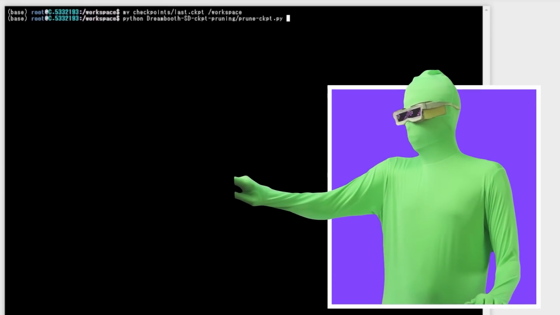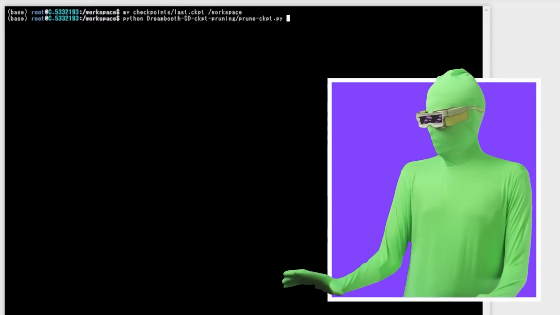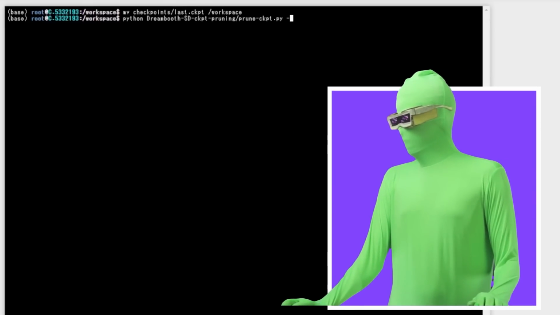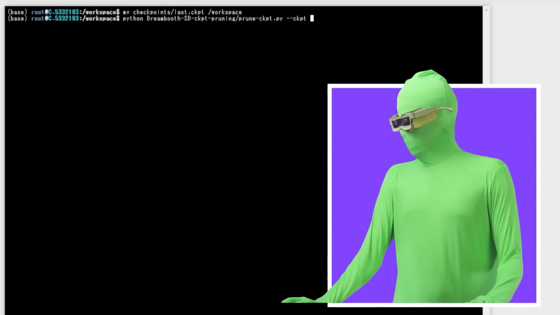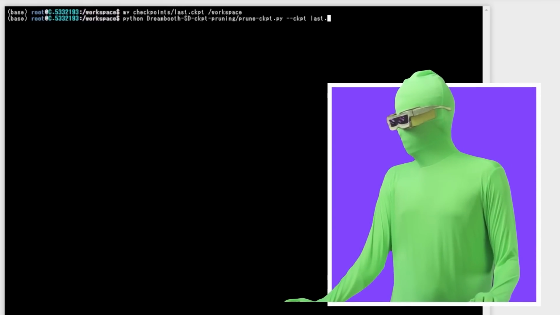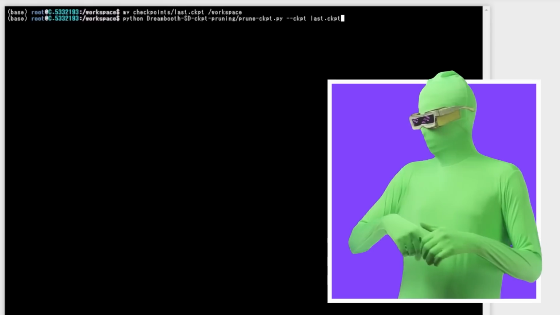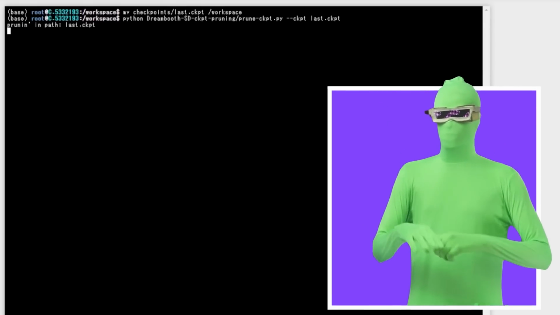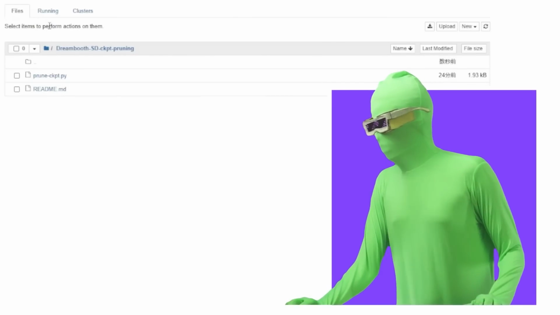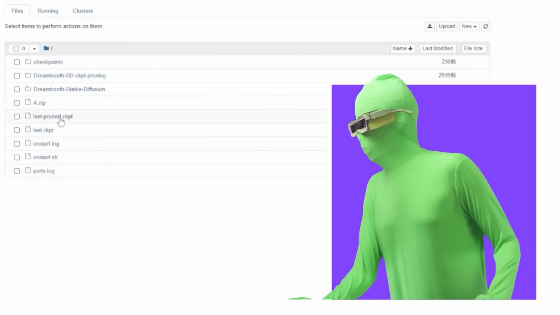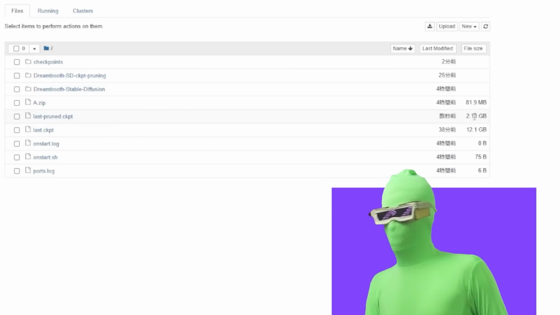The next thing you have to link is the name of the file. So because I moved it out to the workspace directory and I'm in the workspace directory, all I have to do is just go dash ckpt. So I have to put that in when I'm sending it into the file and just go last.ckpt. And it should take a little bit to do this, not too long, like 20-30 seconds or so. So it's finished. If I come out here now to the main folder, what you'll see now is last-pruned and it's only 2 gigs large.